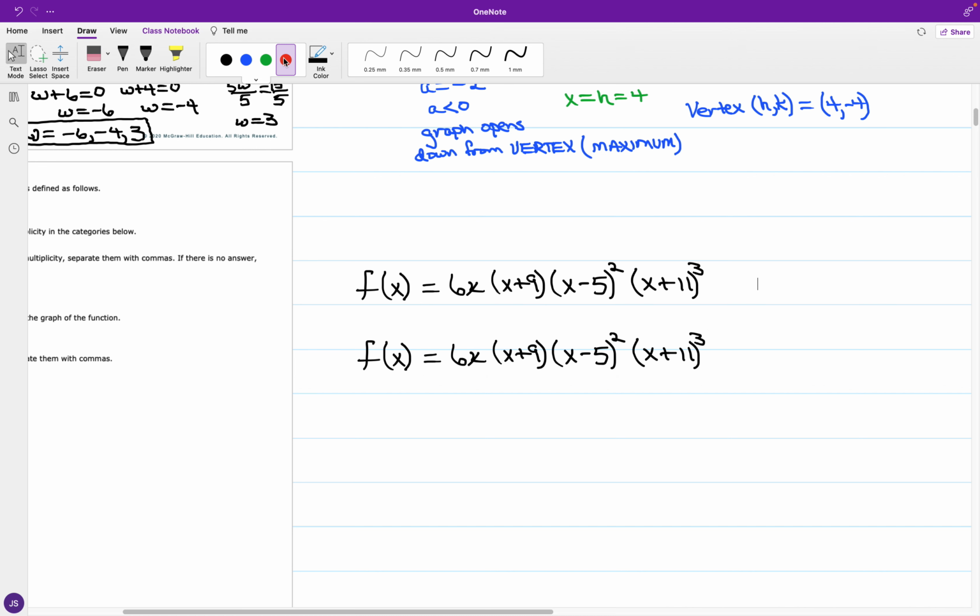Okay, so we have here 6 times x, so that'll be to the first. x plus 9, you have implicitly to the first. And for x minus 5, that would be to the second. And x plus 11, that is going to be to the third power. Now, for your zeros, okay, so we got